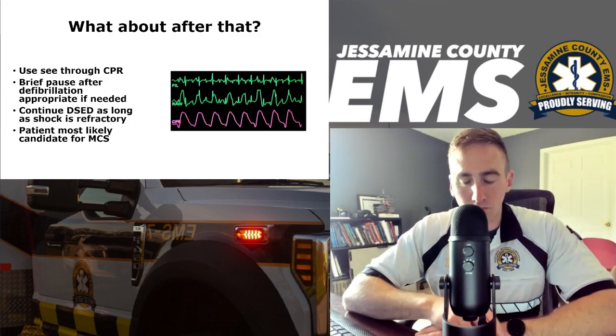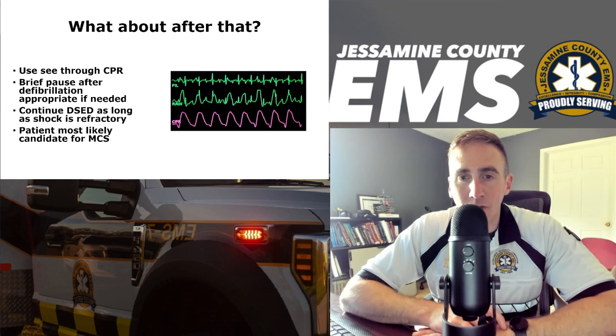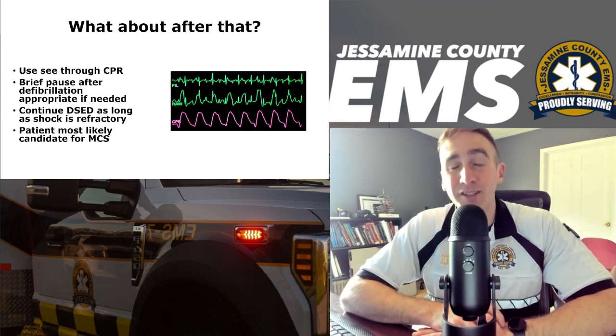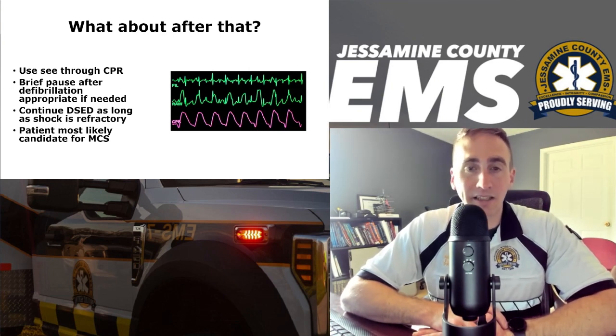So what about after that? We've got both monitors on. We've got both sets of pads on. Then I'm using see-through CPR. I'm trying to get a hint of what the underlying rhythm is. All right. If I'm not sure if the patient is staying in refractory VFib, I can briefly pause after the defibrillation if needed to see if that shock is effective, or maybe my filtered